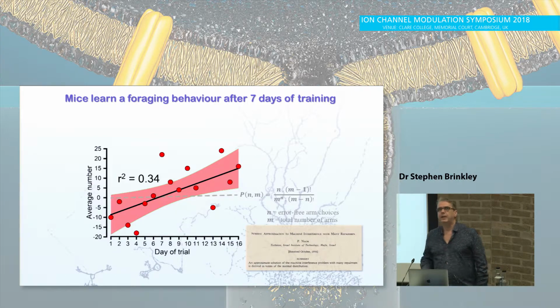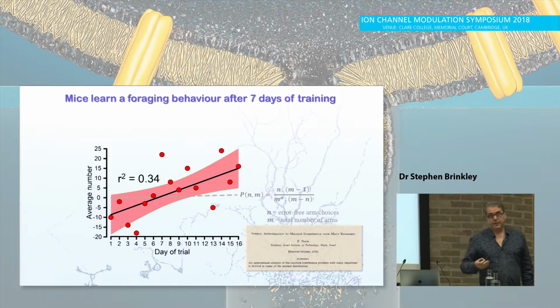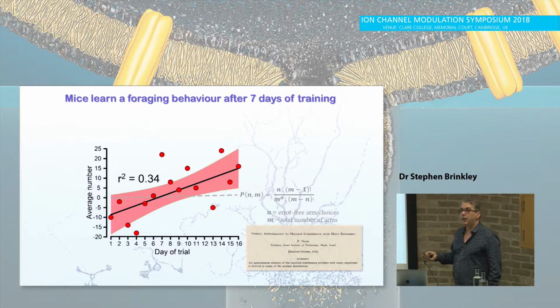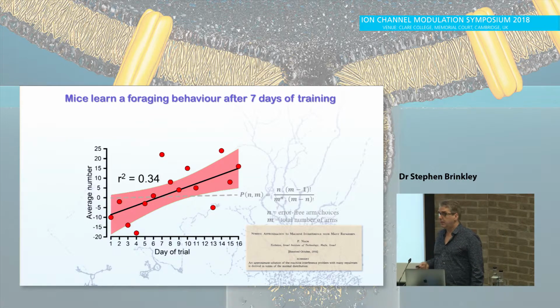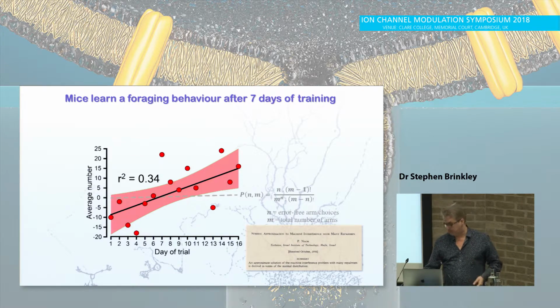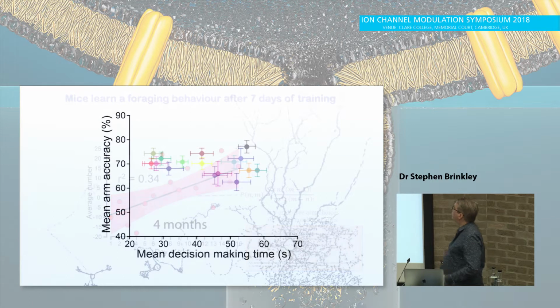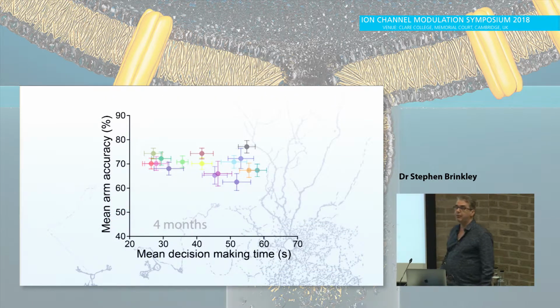What I mean by that is, essentially, they're visiting 5 independent arms in an exploration event, whereas by sheer chance, it would be about 2 to 3. That might not sound a lot, but this is the first time they've seen this environment. It's new. We then, of course, do this over and over again at different ages. Now, we've only done 3 time points so far with our complete data set of 16 animals. Each one's a different colour there.